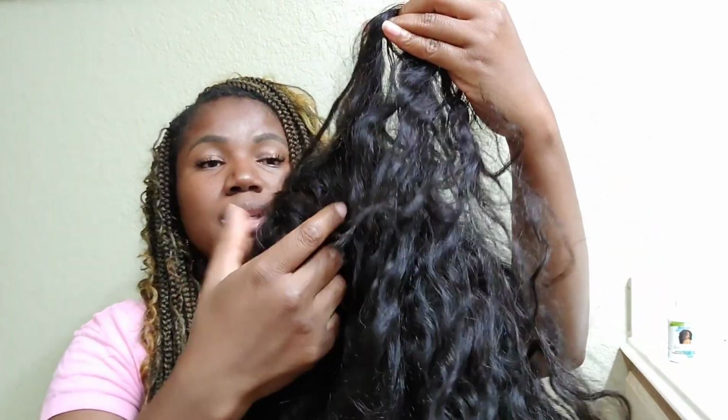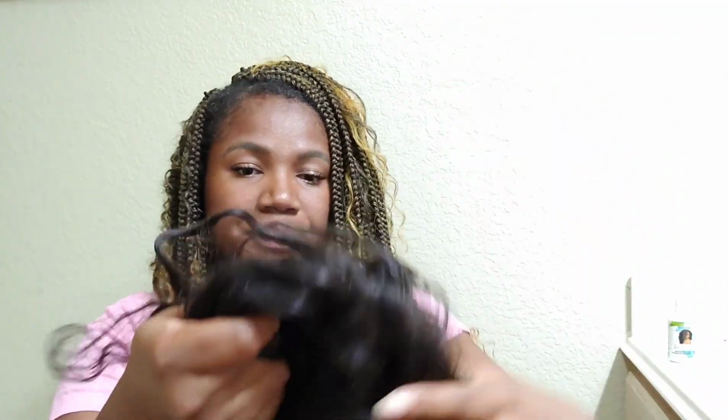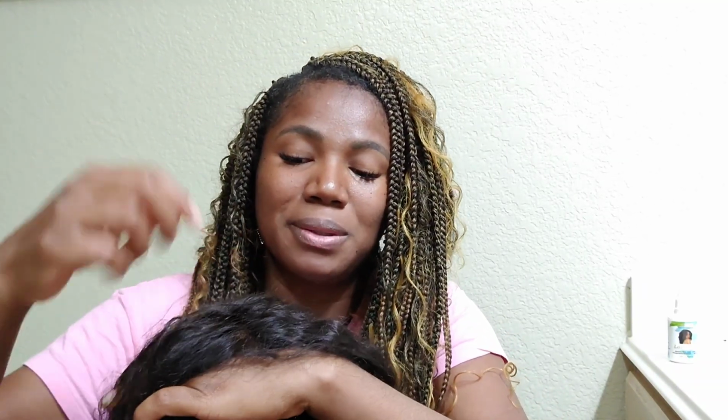Okay, now because I have this hair on, I'm going to try it on this wig. I've never had any glue on this wig, but because of the video, I'm going to try it. It's going to be a little messy, but I wanted to try it on my hand. I thought I could find my lace, my edges, but I have to be somewhere right now, so I'm going to have to just glue it somewhere. Hopefully,